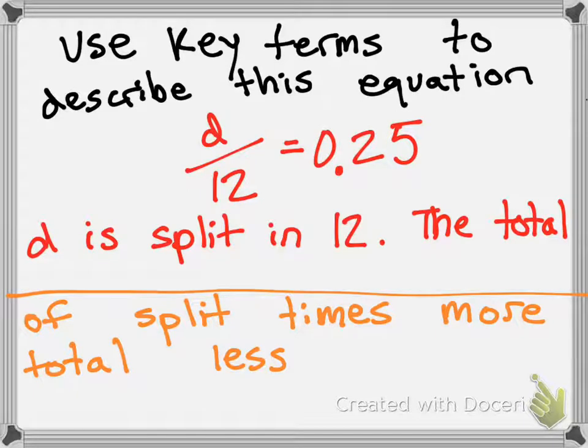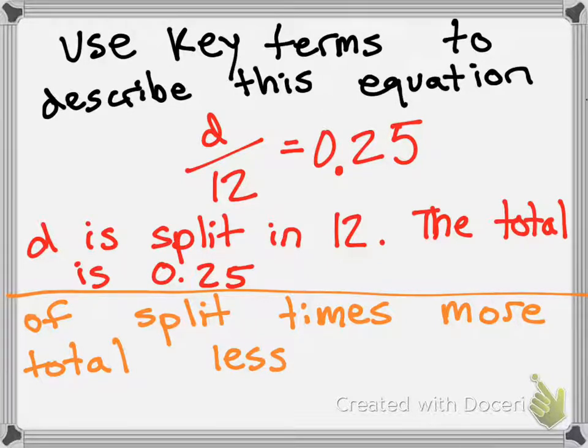The total is 0.25. That's it. So when we had this word problem on our test that almost nobody got, all you needed to do was identify what kind of key terms there were, and then juice it up a little bit, make it fancy. You say 12 friends